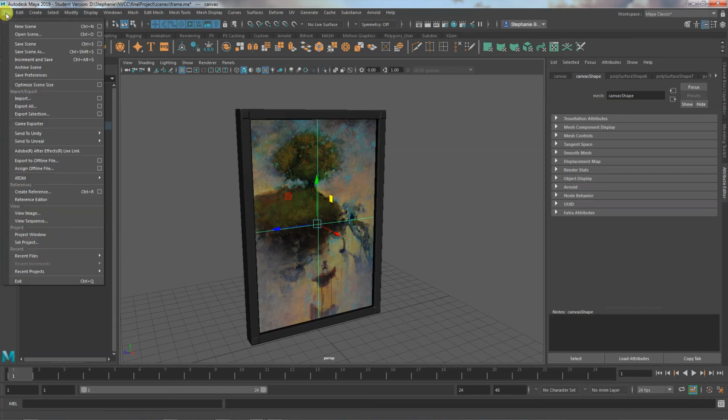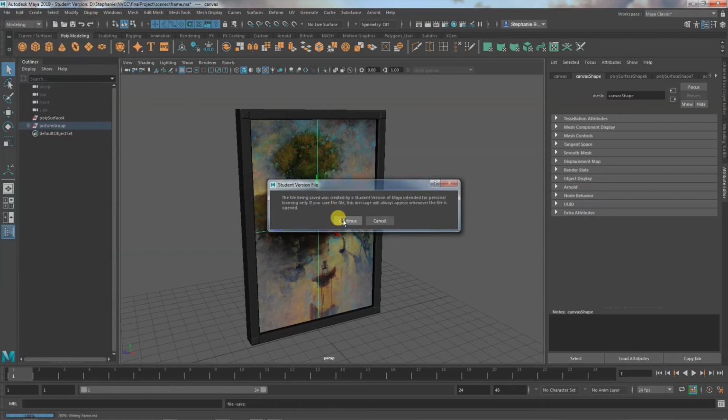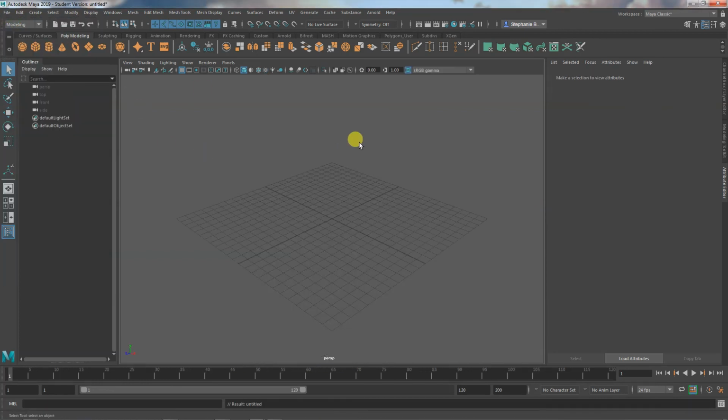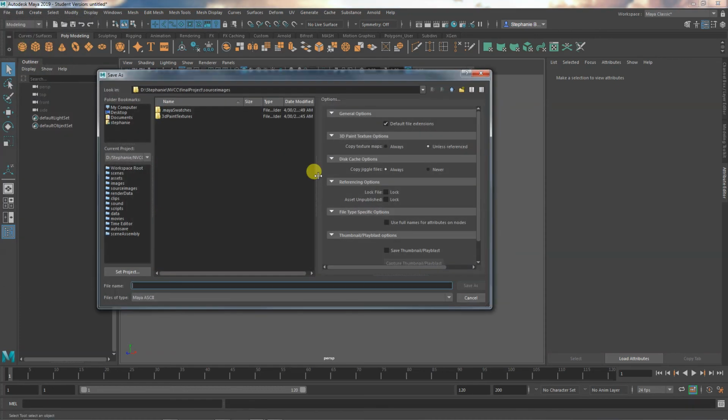So what we're going to do is I'll save this scene, and we're going to open up a new one and save it right away because I have bad luck with these things. That's not where we save it. That's not where we save this. Scenes. All right, so